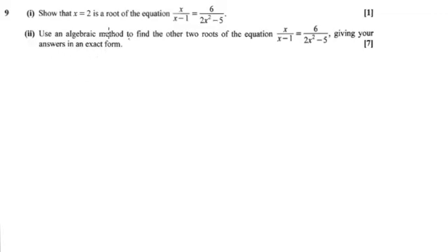Part 2 then asks us to use an algebraic method to find the other two roots. So we know one root is x equal 2. First thing we're going to do, and we always do, is try and get rid of the fractions. So I'm going to cross multiply. I'm going to times both sides by x minus 1, and I'm going to times both sides by 2x squared take 5,